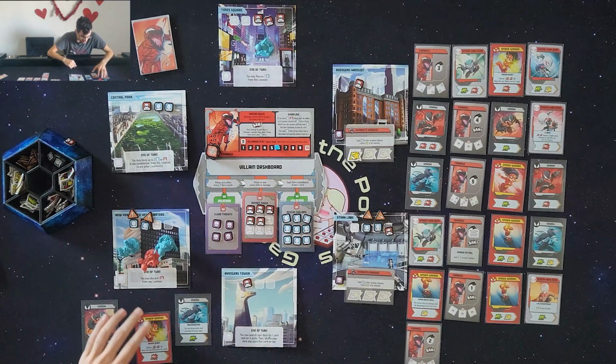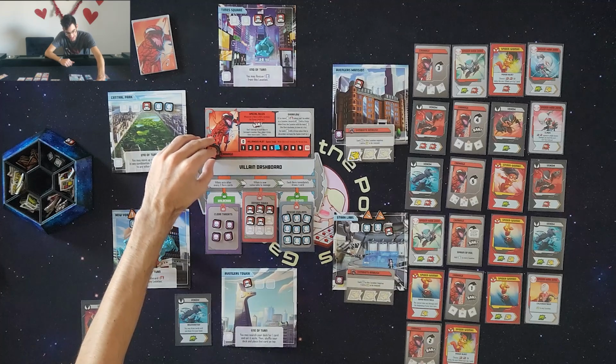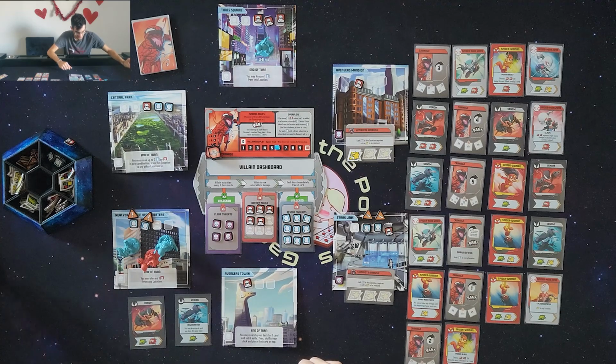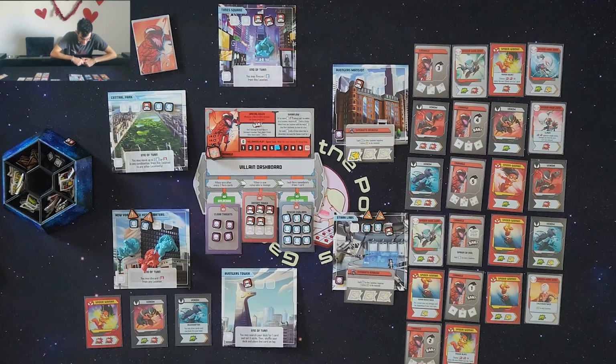All right, so first of all, I'm going to do Spider Woman, Poison Blast. So I will double punch Carnage, and then I get an extra punch. So I will do that. Oh, I forgot to draw. So I would draw, and then...